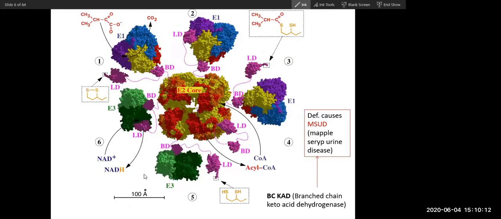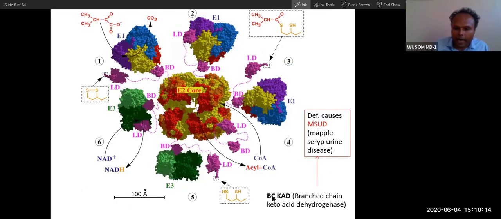Yes, sir. So now I told you this is a branch chain keto acid dehydrogenase, a very similar enzyme structure you can see. We will study about this enzyme during amino acid catabolism. So can you see the similar structure here? For this lipoic acid, same thing. But the only difference is that there is a branch chain keto acid here. You can see a branching. So you don't have to go into detail about this. We will talk about the detail later. First, understand this branch chain keto acid. Here also it will release oxygen. Here also expiration is what? NADH and CO2. You will find that here also.